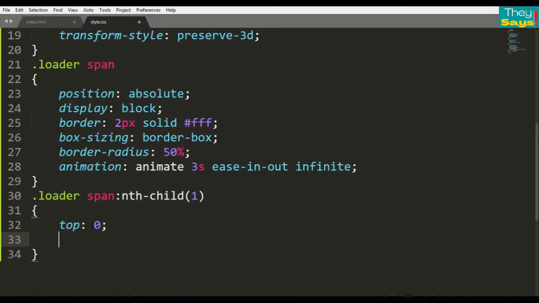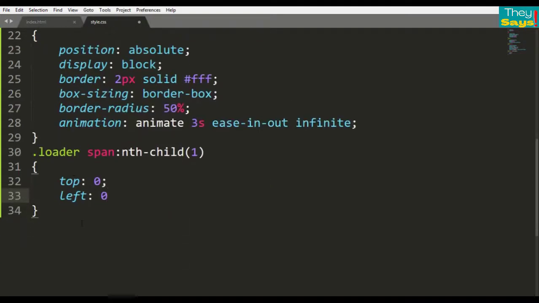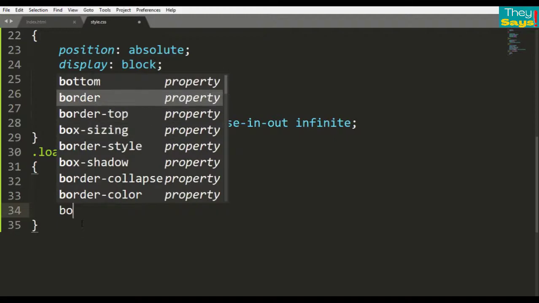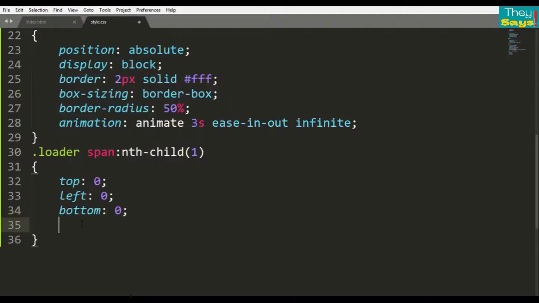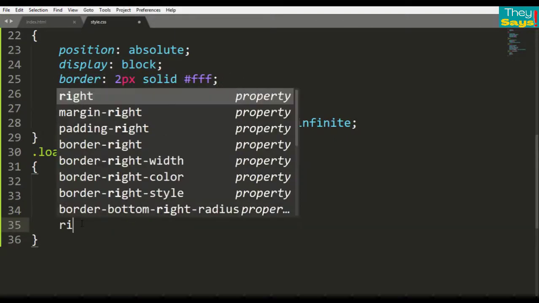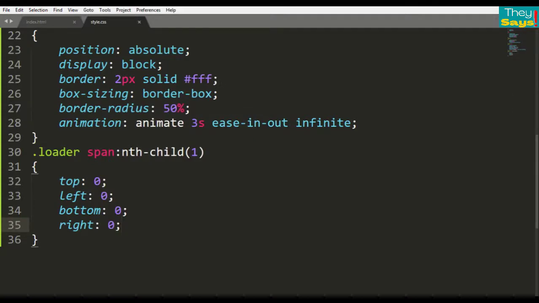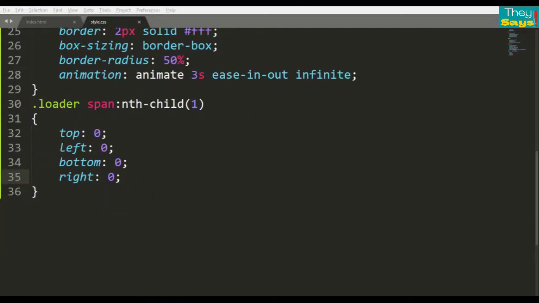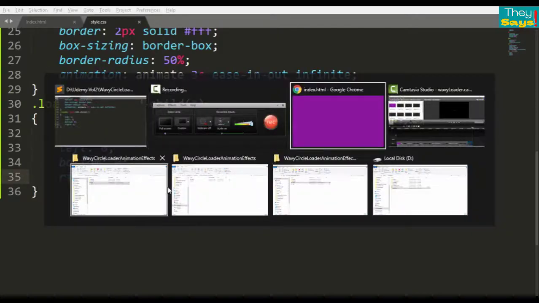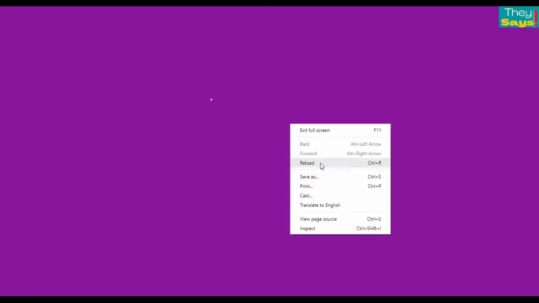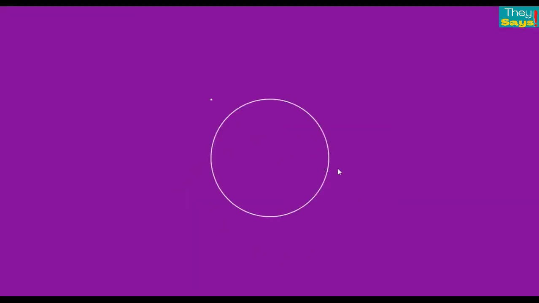Top 0, left 0, bottom 0 and right 0. Open this in the browser and reload the page. This is our first span tag showing.